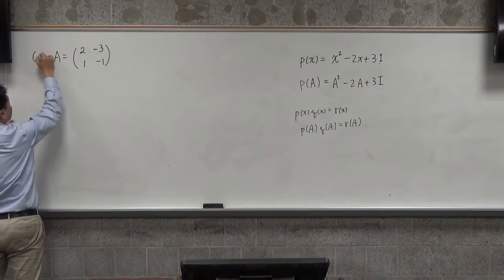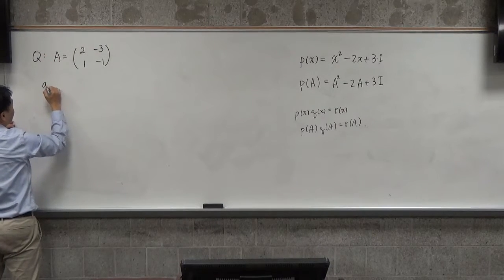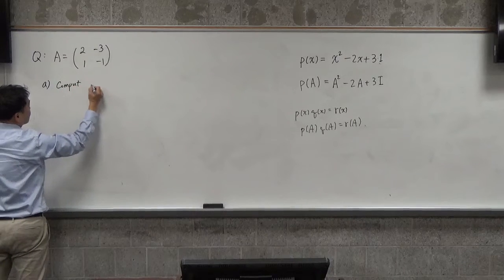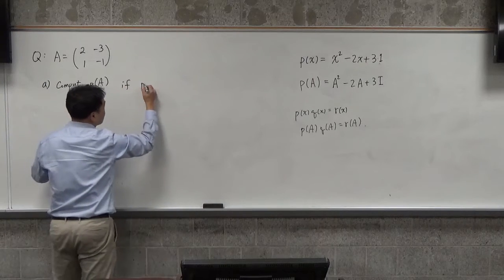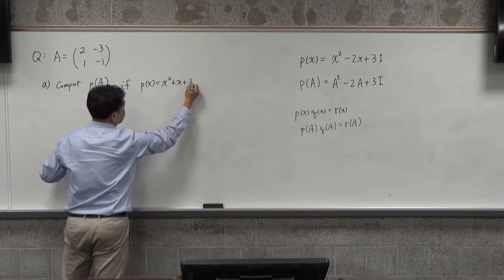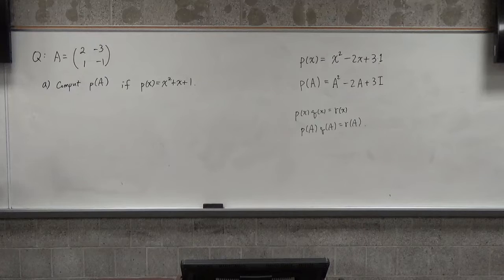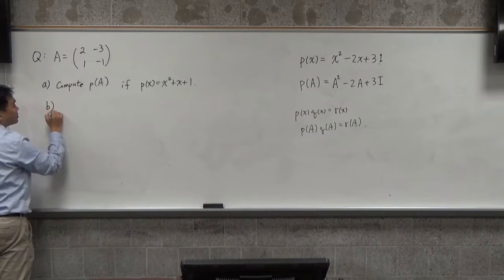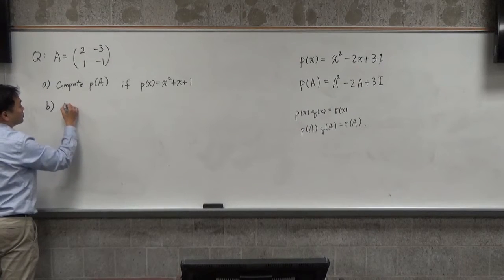So here's a question. Let's say A is given like this. A is... compute P of A if P of x is x squared plus x plus 1. Okay. B, using